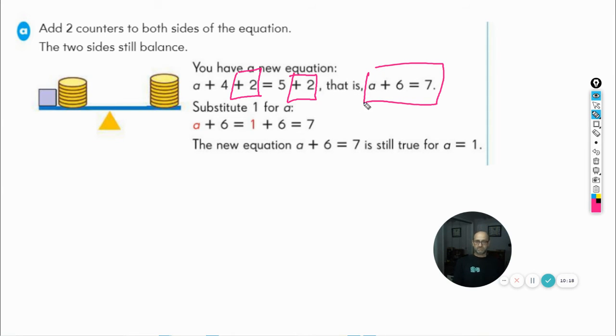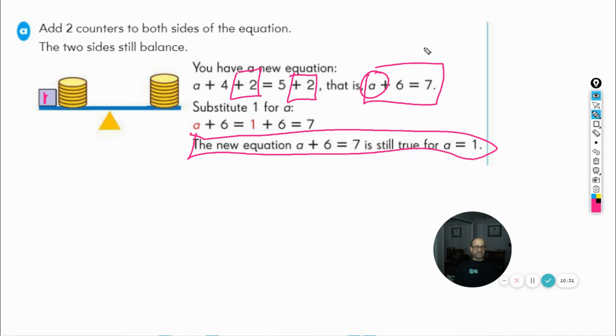Okay? Now, what plus 6 equals 7? 1 plus 6 equals 7. So it is still true. Now, this seems really confusing and convoluted, right? All I want you to really be thinking about is the fact that when you are dealing with an equation,